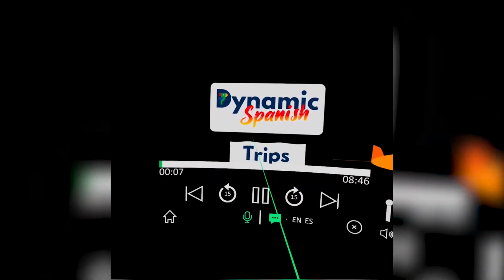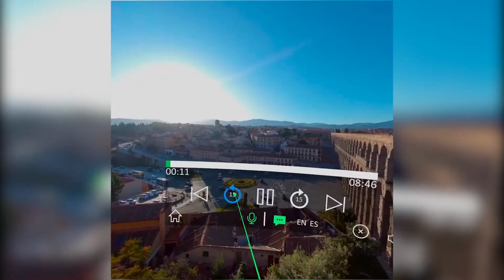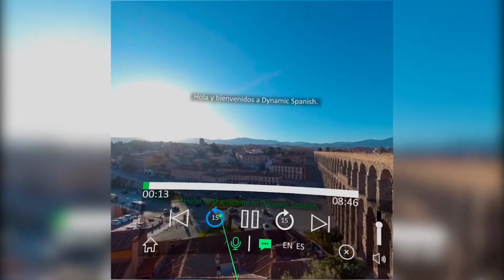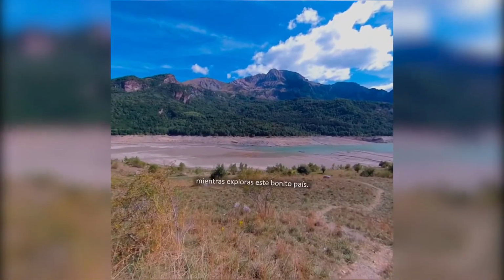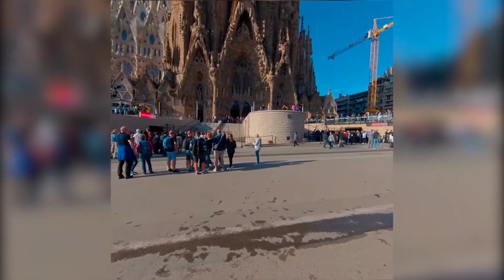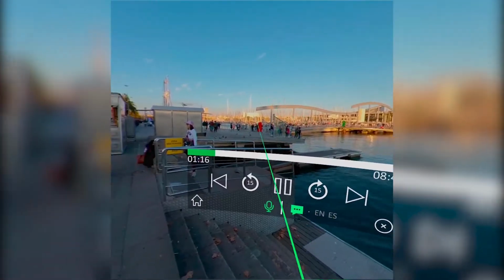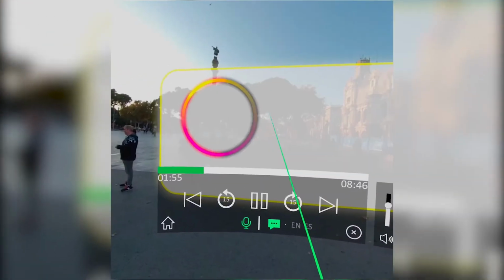What have you got on the menu? You've got the normal pause, you've got fast forward 15 seconds, rewind 15 seconds. You've got subtitles there, so you can turn off the English and just have the Spanish in front of you. Or you can have no subtitles. That's probably the best way to do it. So what else can you do? You've got these skip chapters, so if you skip to the next chapter, this will skip you to the first